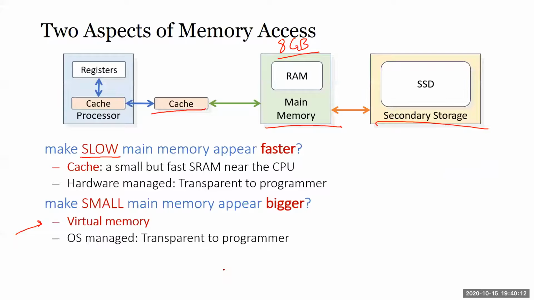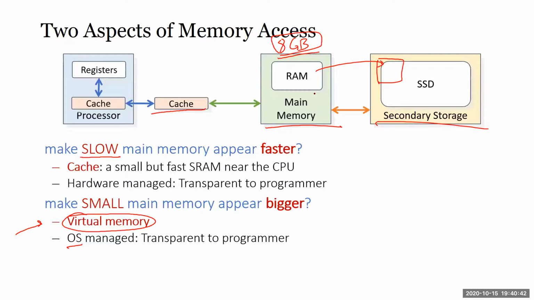But if you ever run out of memory, say you're using only 8 gig and you are doing photo editing or rendering, then you will need more memory than you have. So what happens is that your operating system will use virtual memory. You take some part of the secondary storage and copy the RAM contents inside.